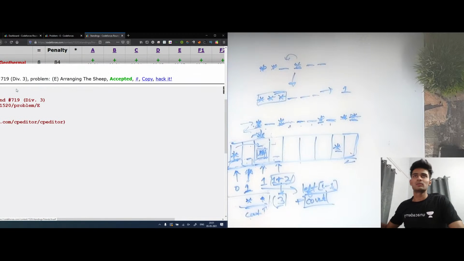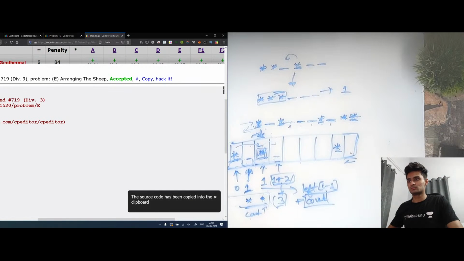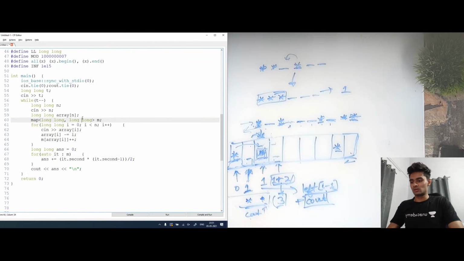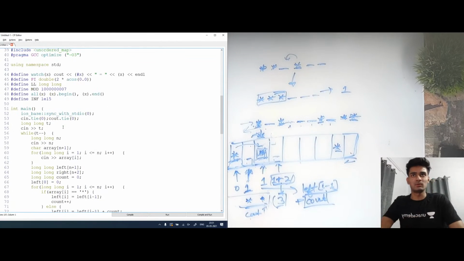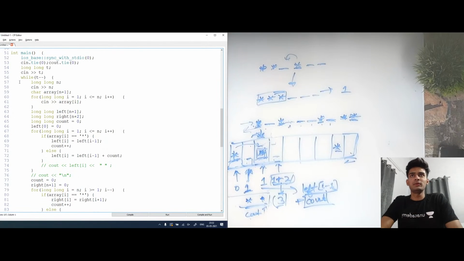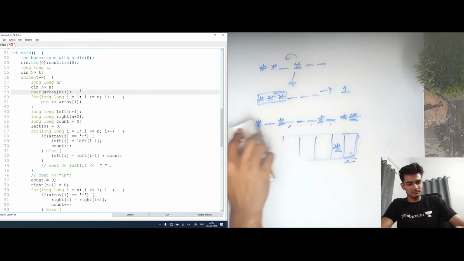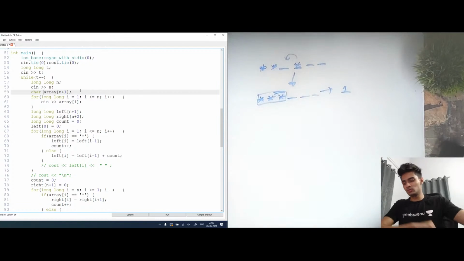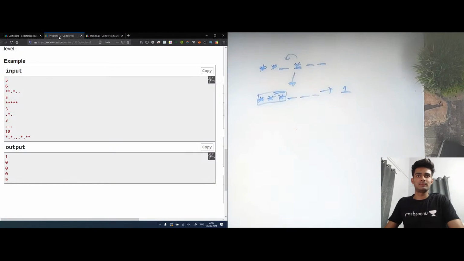Okay, it is not opening. Okay, cool. So let's look at the code now. What I'm doing is, for every test case I'm scanning in, I have an array of n plus 1. I'll tell you why I did this n plus 1. And to do that, I'll take a test case as well. So let's take this first test case only.